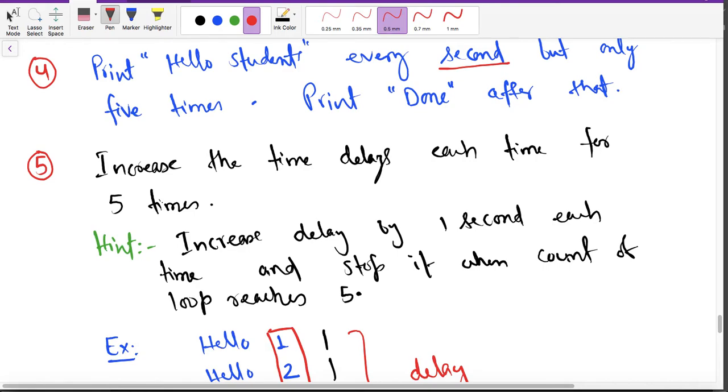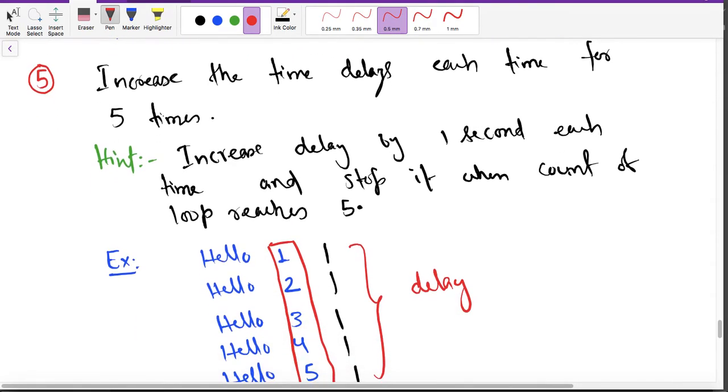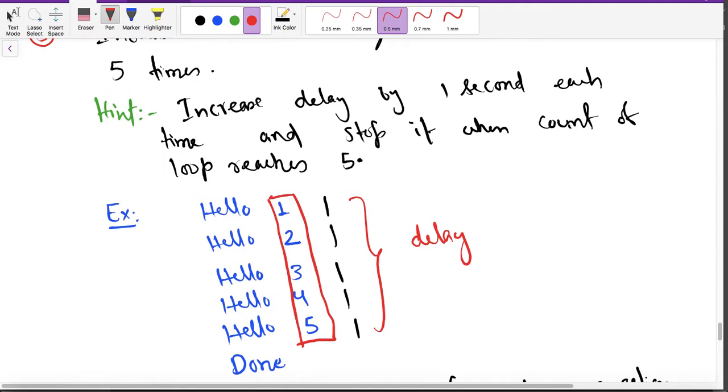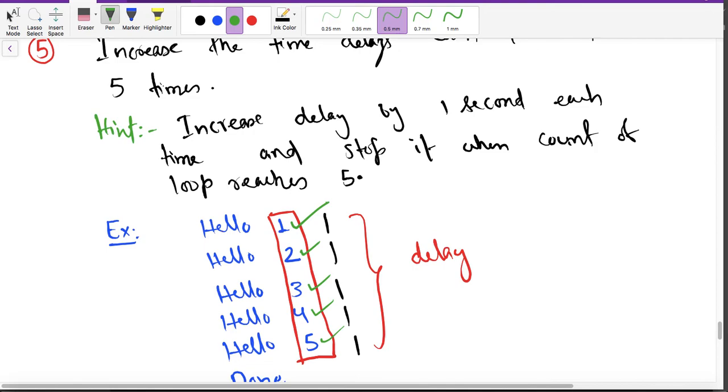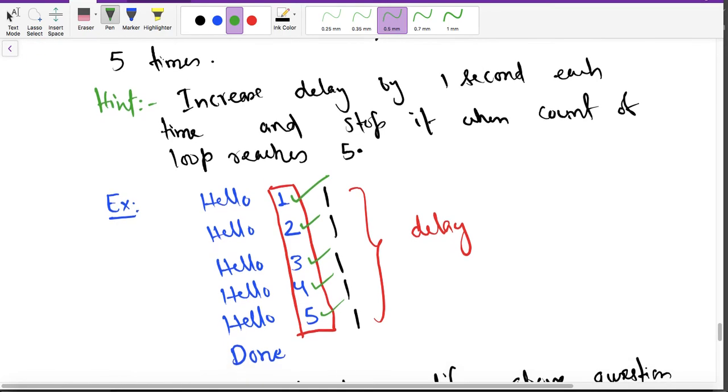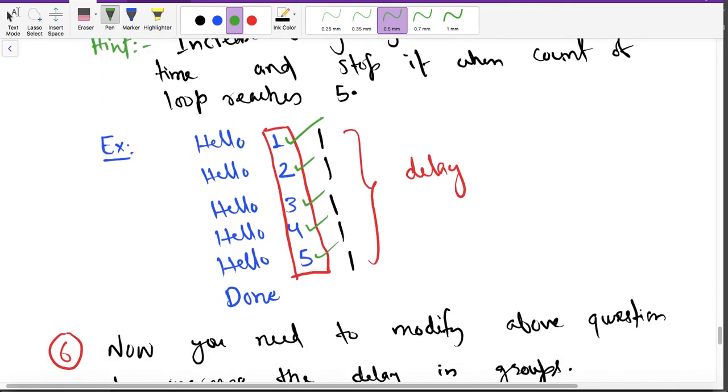In the next problem, the fifth problem, we are modifying the fourth one, and we are increasing the time delay each time for 5 times. First the delay is 1 second, then we make it 2, then 3, then 4, and then 5. There is a hint for you: increase delay by 1 second each time and stop it when the count of the loop reaches 5. Right? I hope you got this question also.